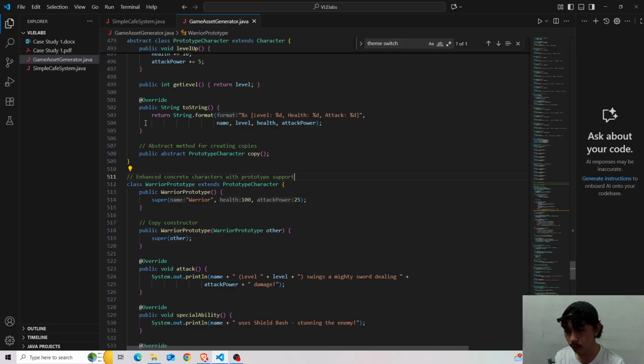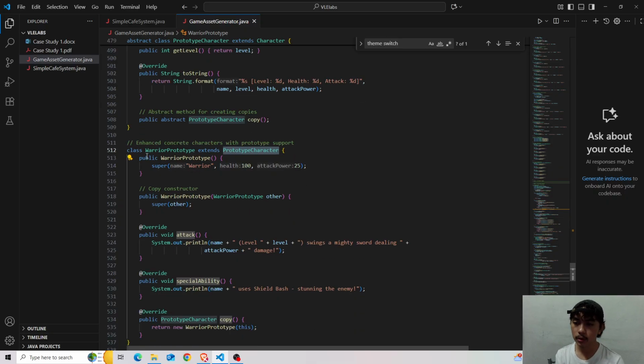So these are the concrete characters, but they all extend the prototype character. So each concrete character may be copied or cloned, because we have extended this to our prototype character abstract class.